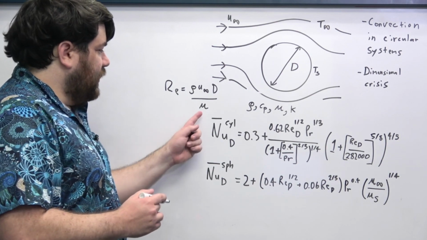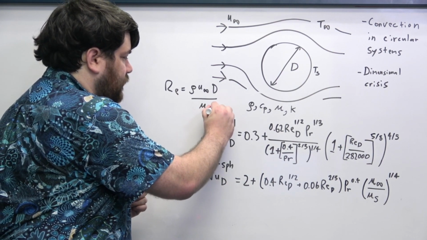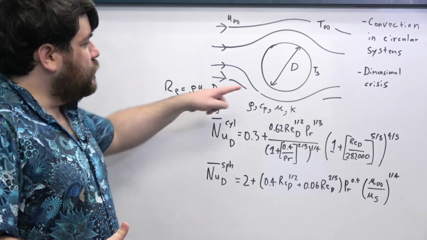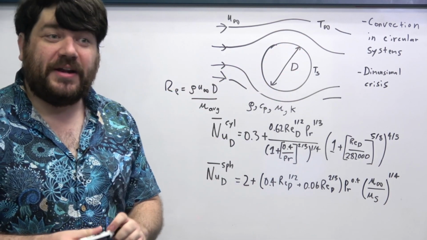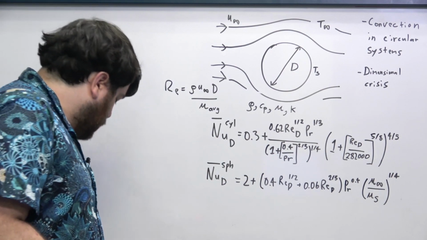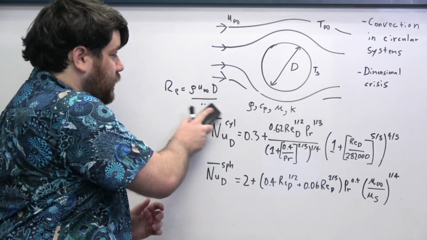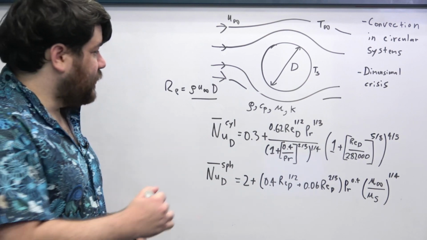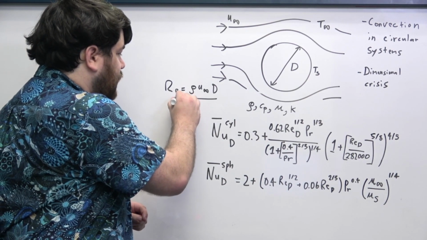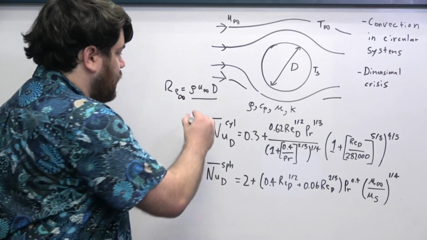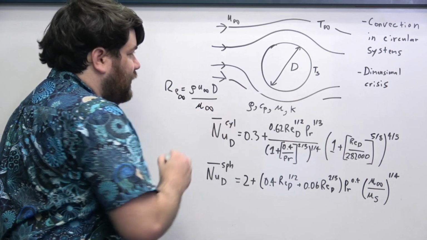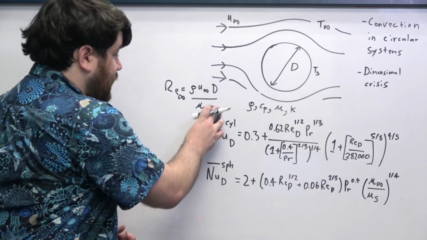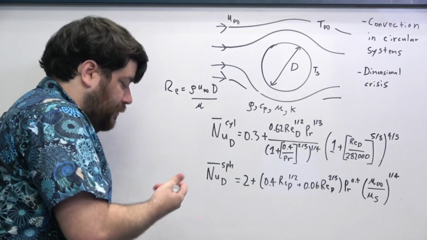For cylindrical systems, this mu is evaluated at the average of these two things. But if we consider the fact that these things actually change, now we have to consider that we can construct a Reynolds number, which I can call Re infinity, using the dynamic viscosity all the way out here,